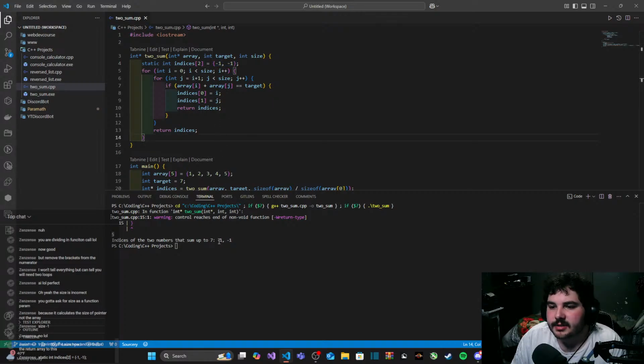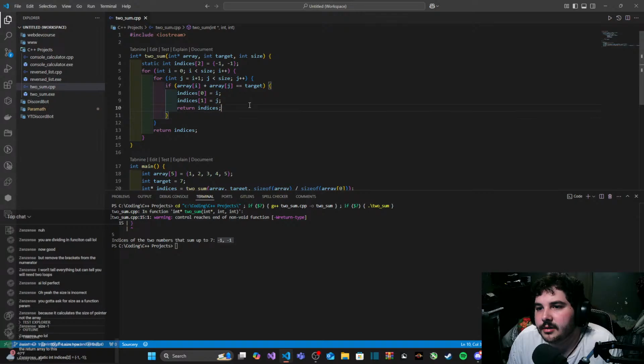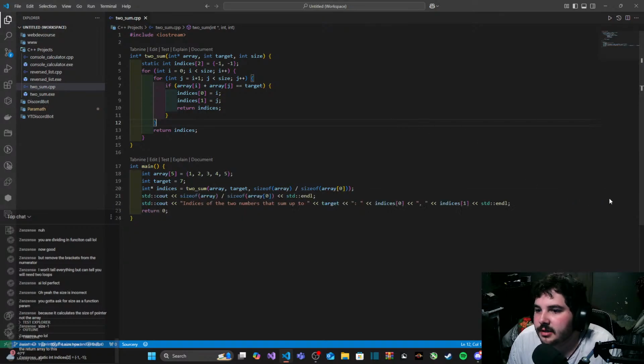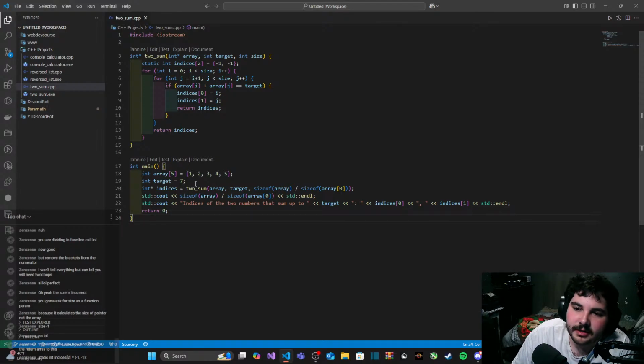Because now, since it's still saying -1, -1, that tells me that this if statement is not evaluating to true at any point. So it's a problem with how I actually designed whatever you want to call this. Okay, so basically this is false every time, and it's returning indices, which is by default 0, 0, or, well, this here now. Okay, so I think I figured it out, but I need to fix that nonetheless.